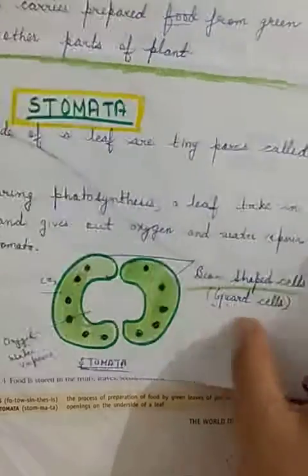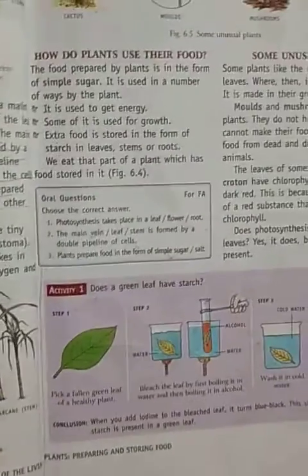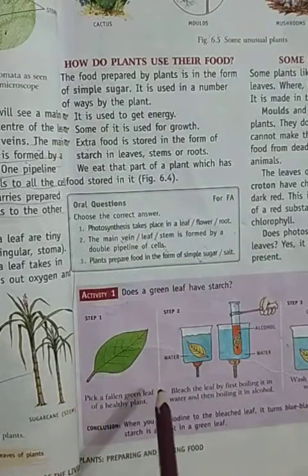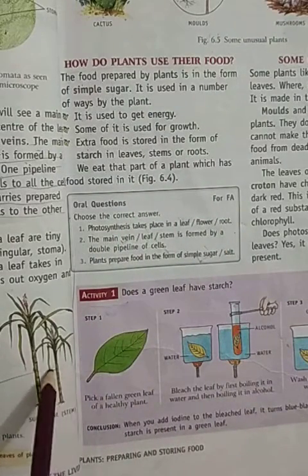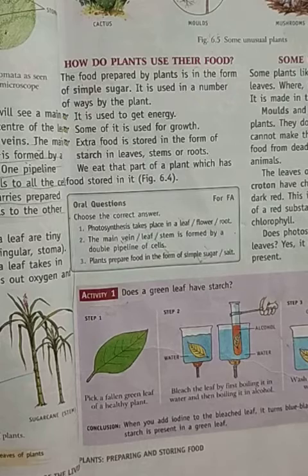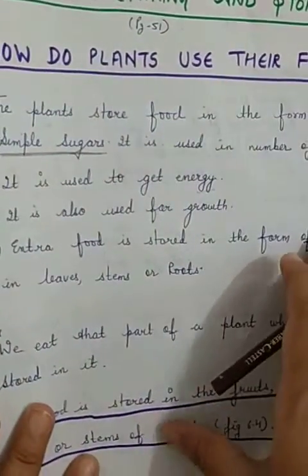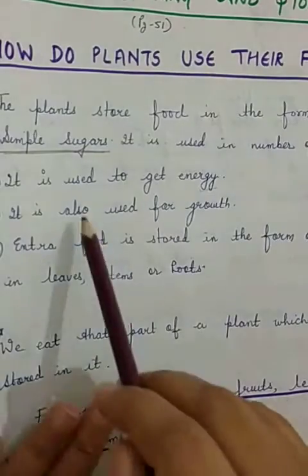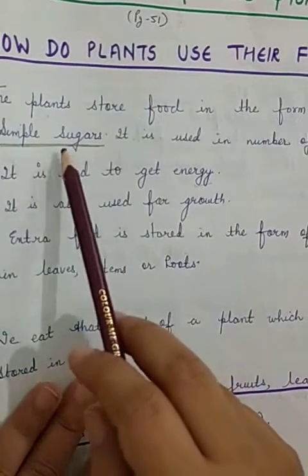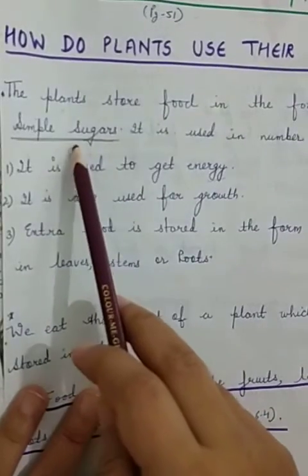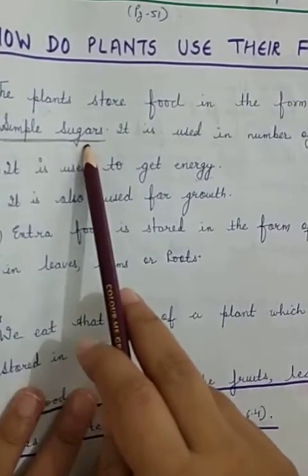After that we have done the topic of how plants use their food. In this we have done that the food prepared by the plant by the process of photosynthesis is used for which purpose? Basically there are three main uses of food. What I have written here is that plants store food in the form of simple sugar. So how do they make food? They